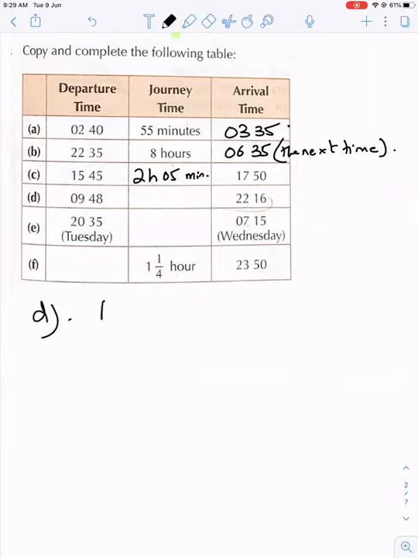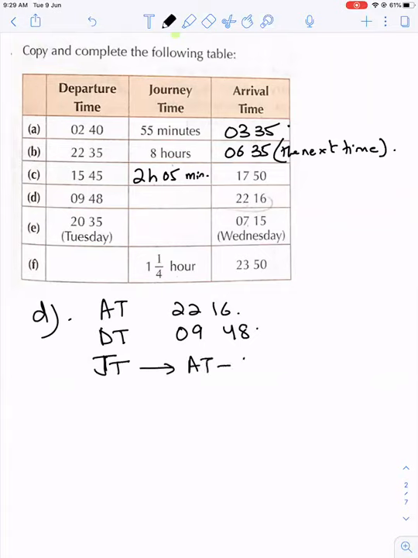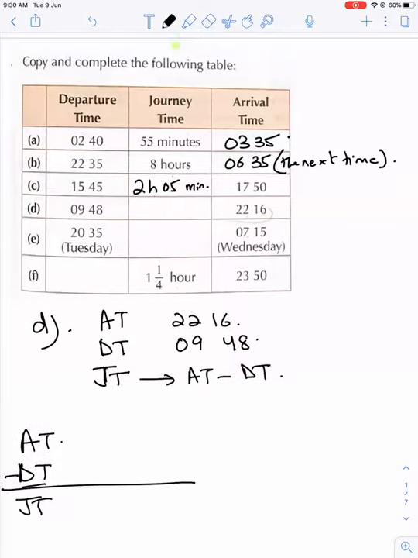The arrival time is given to us, which is 22:16. The departure time is also given to us, which is 9:48. And you're supposed to find out the journey time. The formula for journey time we know is arrival time minus the departure time. We'll write arrival time on the top, departure time underneath, subtract the two to get the journey time, hours